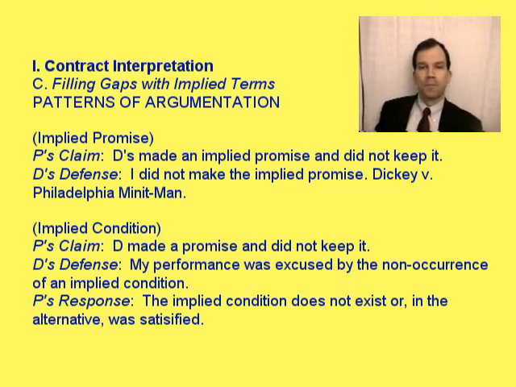Now, another place where you might get an implied term is you might have an implied condition. So, for example, the plaintiff might say that the defendant made a promise and didn't keep it. The defendant's defense would be, well, my performance was excused by the non-occurrence of an implied condition. It wasn't stated in the contract, but there was a condition that was implied that had to be satisfied. And the plaintiff's response then might be, well, either that the implied condition doesn't exist, or in the alternative that it was satisfied. And it's this last pattern of argumentation that we're going to be looking at